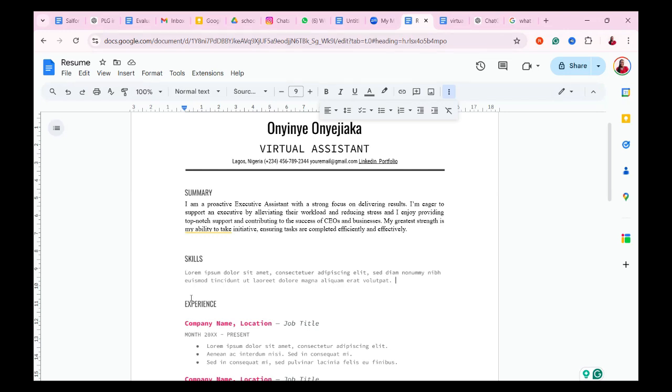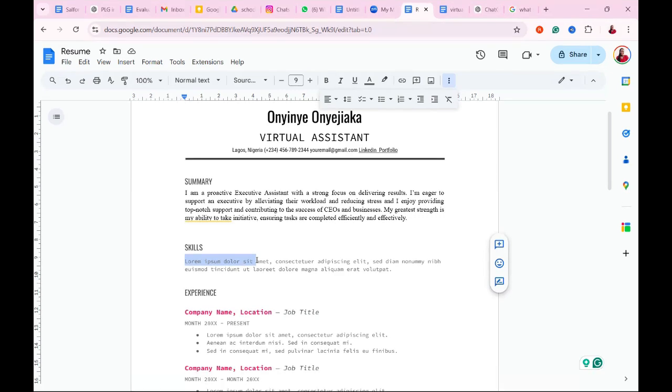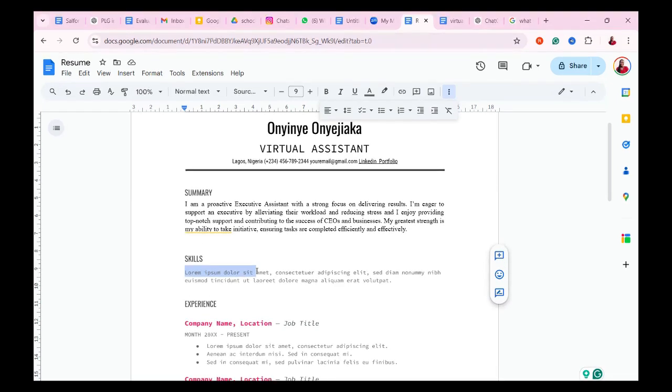For example, as a virtual assistant, you definitely need communication, resourcefulness, and research, and you would move away from team building and teamwork, which might not really be needed because you're probably just working with one person. You choose only two or three soft skills, and then bombard this skill section with your